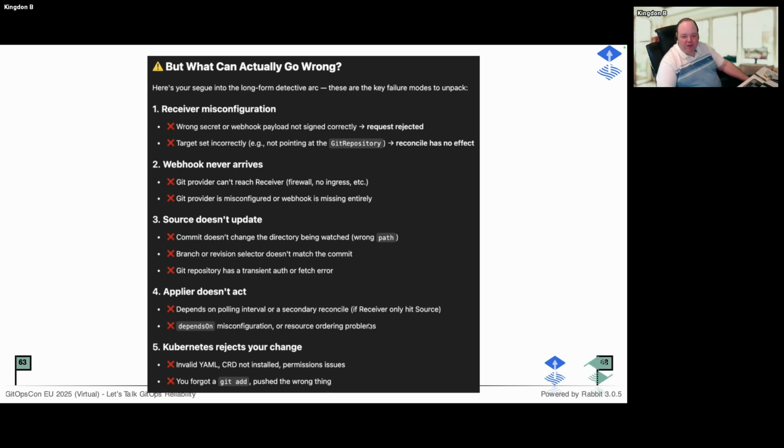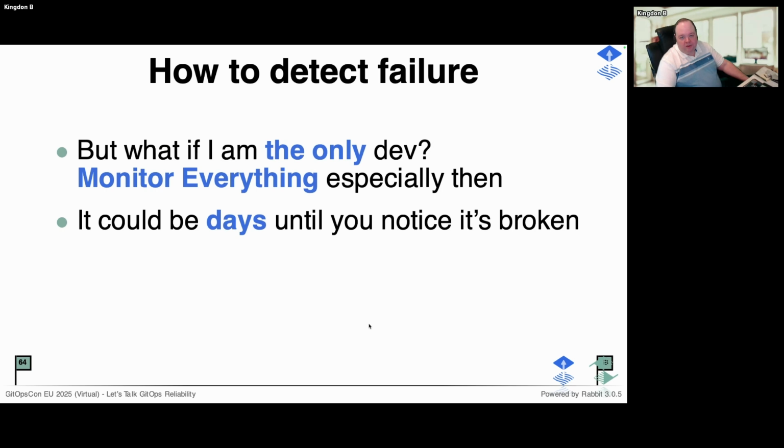Right? The change is wrong. It has an error in it. It was rejected. So we'll see that in the notification. We can go back and fix it and then move on quickly. All right. So